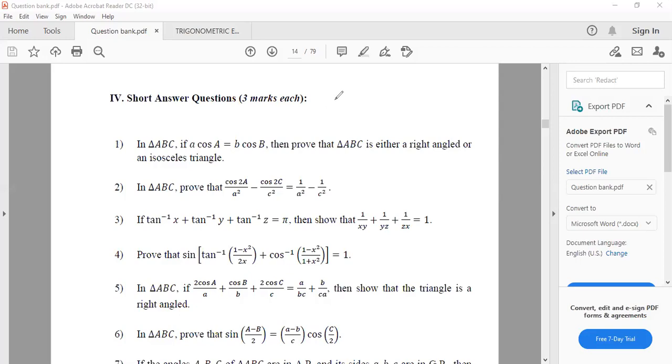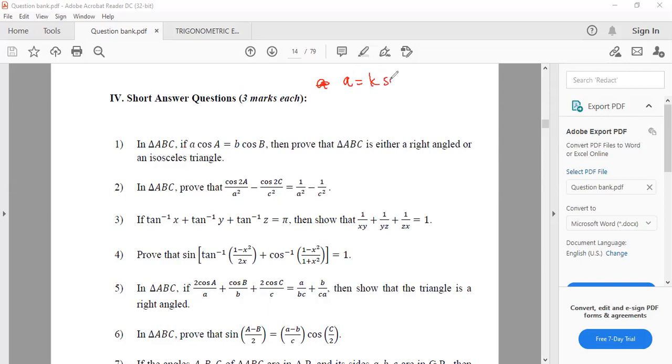A cos A and B cos B are equal. Prove that triangle ABC is right angle triangle or isosceles. So what to do? Sine rule. Cosine rule. Cosine sir, rule. Yes, sir. Okay. Cosine rule. Sine rule will be better. Put sine rule. No, one step में आ जाएगा. हाँ so वही तो. So A you replace by sine rule.